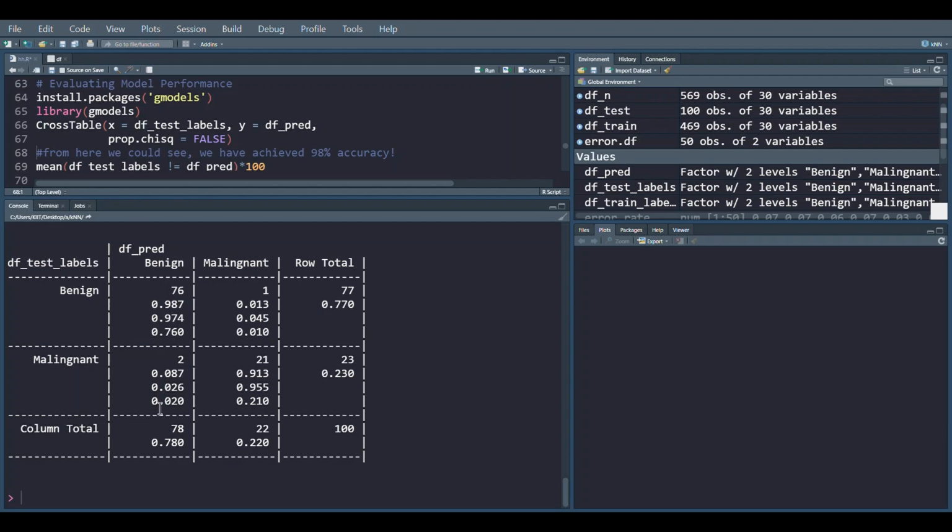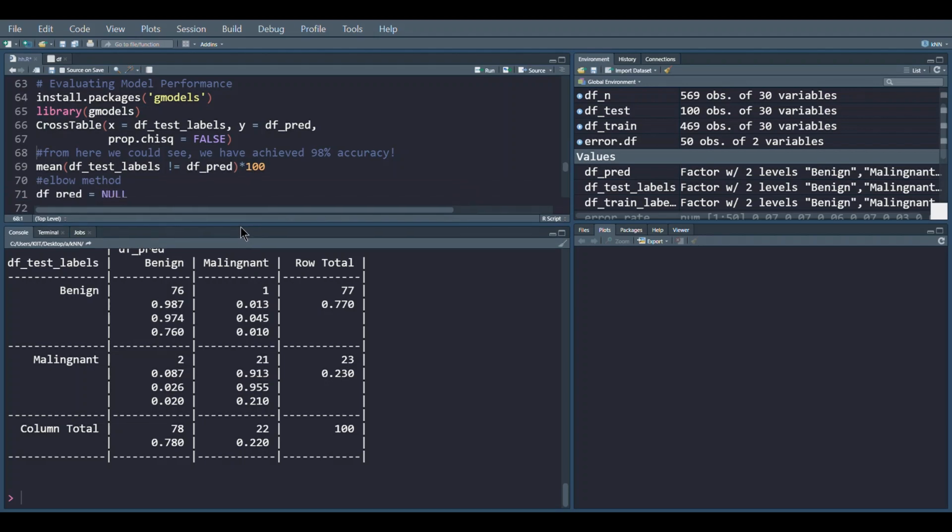While in this case, when the person actually has a malignant cancer, but we have predicted that it's benign, the patient won't be aware of the fact that she has cancer and would believe that there's no requirement for treatment. So now you have to increase the efficiency for this. Sorry, it would be 97% accuracy.